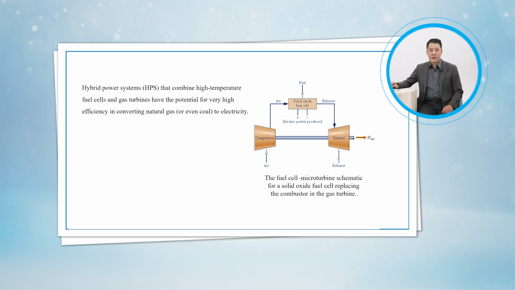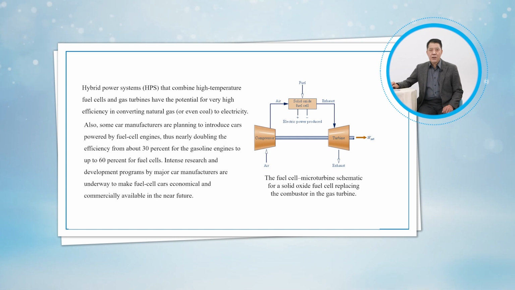Hybrid power systems that combine high-temperature fuel cells and gas turbines have the potential for very high efficiency in converting natural gas to electricity. Also, some car manufacturers are planning to introduce cars powered by fuel cell engines, thus nearly doubling the efficiency from about 30% for the gasoline engines to up to 60% for fuel cells. Intense research and development programs by major car manufacturers are underway to make fuel cell cars economical and commercially available